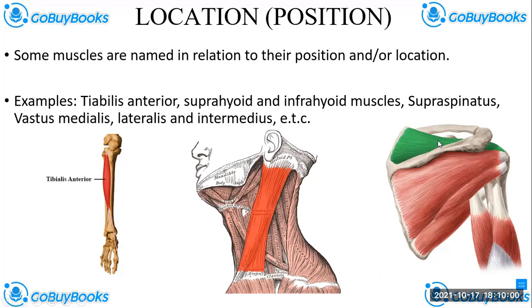Now, you can see this muscle is above the spine. That's why it's called supraspinatus. I said anything that is above is supra. That's why it's called supraspinatus, above the spine. Now, I will point my arrow at this other one that is not colored. It is below the spine. What do you think it's going to be called? You can unmute yourself to tell me the answer or type it in the chat box.